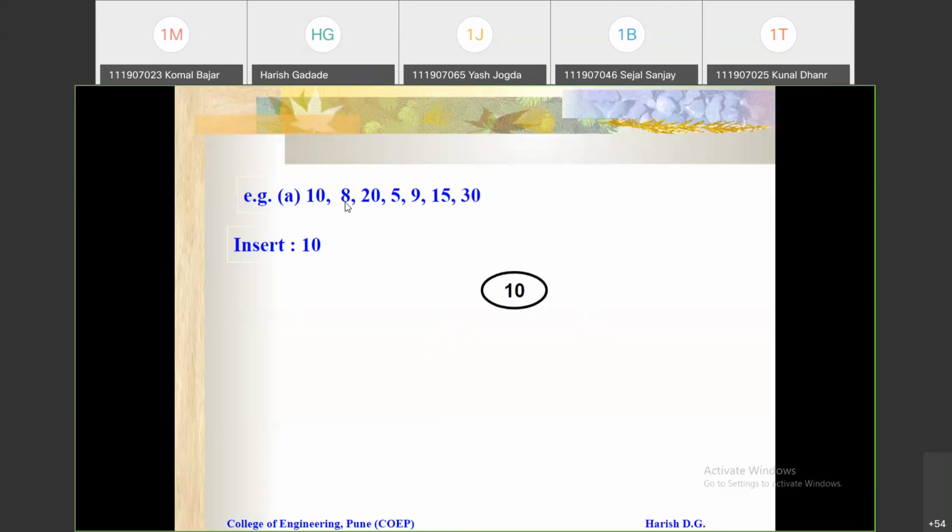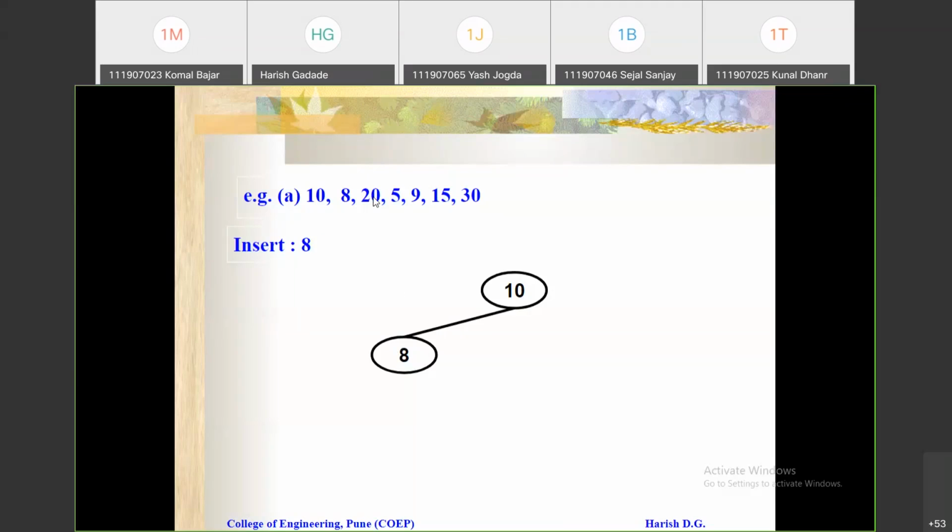So as here 8 is smaller than this 10, we can connect that 8 node to the left of this 10. You can see here. When we say insert 8, the left of this 10 is where we can connect this 8, because 8 has a smaller value than this root. Getting this one? So as this 8 is smaller than this one, it is linked to the left of this 10. Now next one is the 20, right?